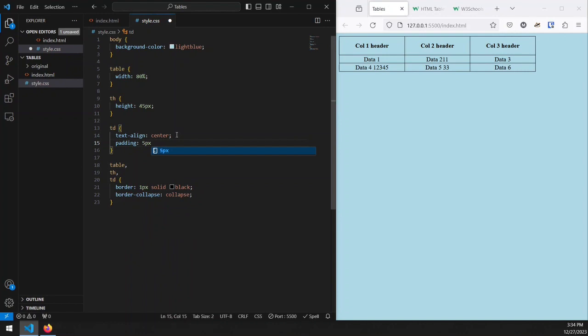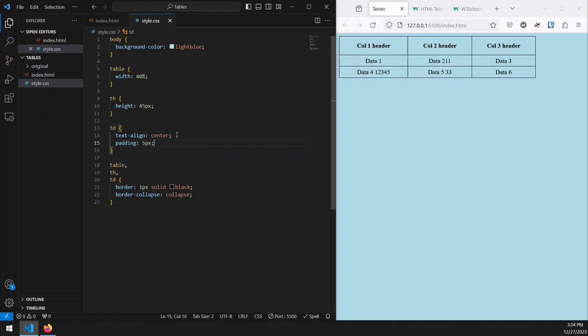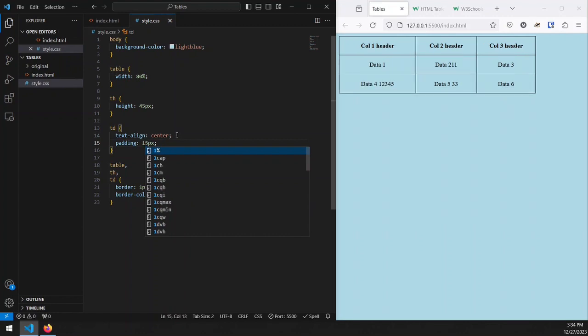Now I'm not sure what the default is. So when I save here, if we don't see any changes, that probably means that the default is 5 pixels. It got a little bigger, so I would guess that the default is about 3 pixels. So I just added a couple more pixels, and to see it, I can make it larger and see how it gets even larger. Now, our padding here for the TD is 15, and